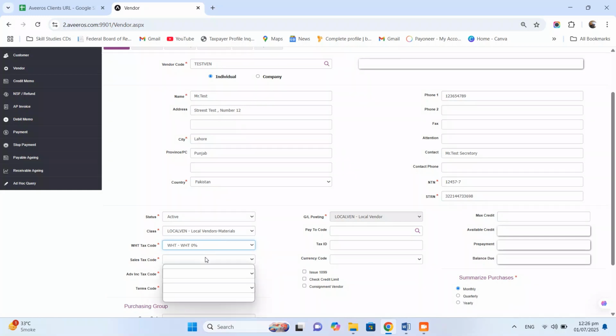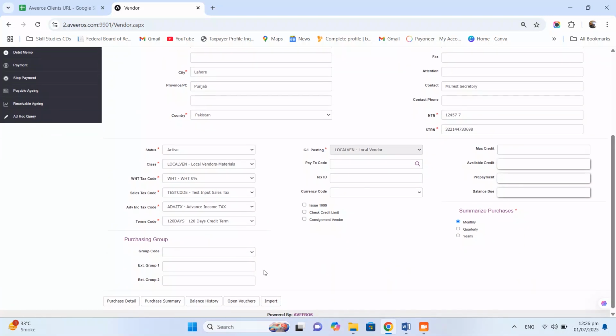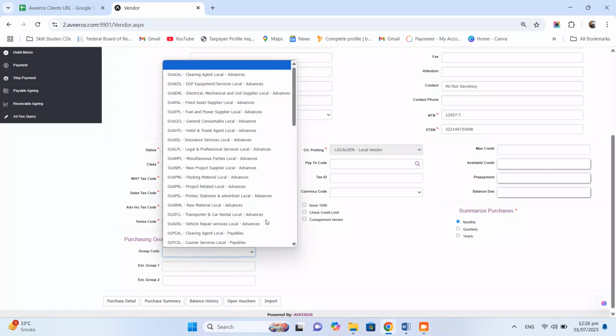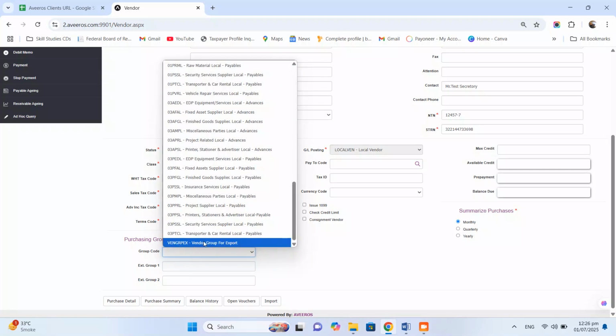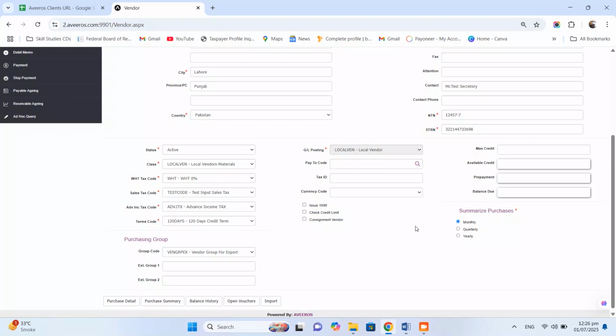Enter the sales tax code, test input sales tax. 15. Advance income tax code: select from the list adv.idx advance income tax. 16. Terms code: 120 days, 120 days credit terms. 17. Select the purchase group we have created under this exercise, vendor group for export. 18. Check the credit limit. 19. And allow max credit limit